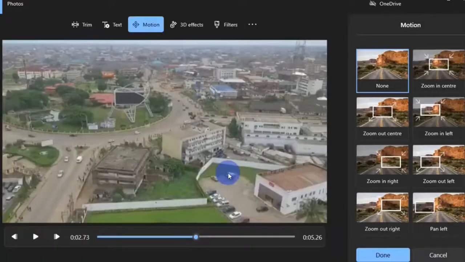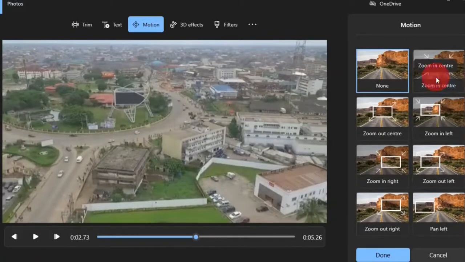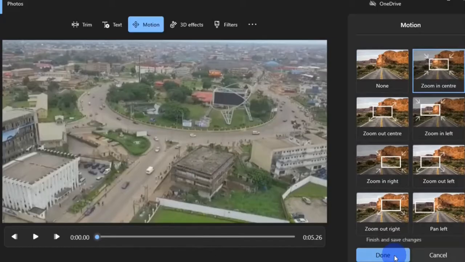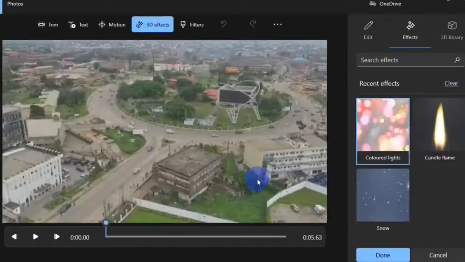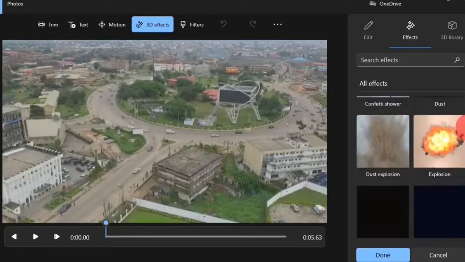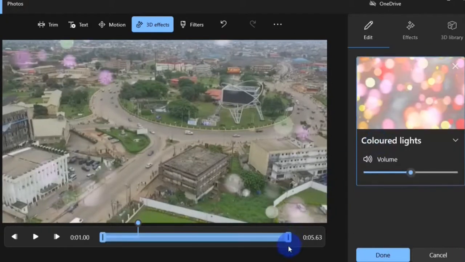Next, you can add motion. You have different motion effects right here you can choose from. When you select the one you want, you can go ahead and click on Done. You can also add 3D effects to your clip. Right here you have a bunch of 3D effects you can add to your clip. Feel free to add the one that best suits your project. For now, I am going to add this colored light. And then here I can set duration for the effect. When I preview this,